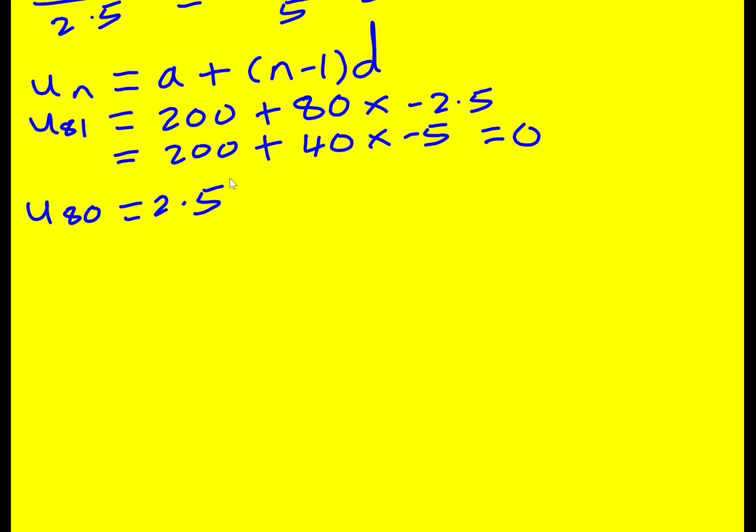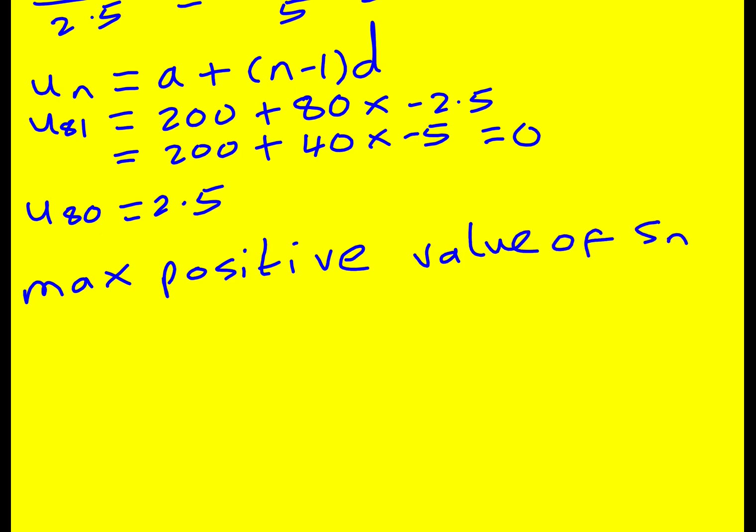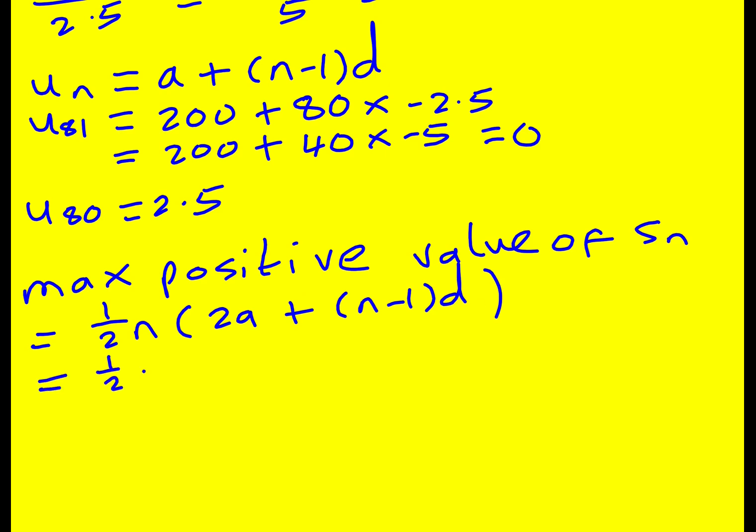So the maximum value, max positive value of Sn, well, remember the formula for the sum is a half n times 2a plus n minus 1 d, or a half n times a plus the last term. That's exactly the same thing. So what is easiest to deal with? Let's go with